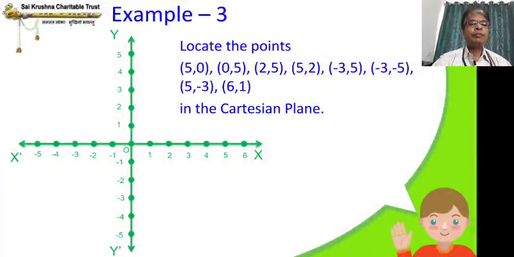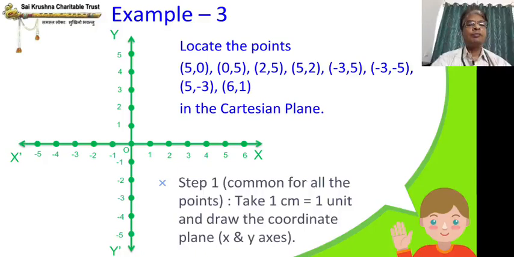So example 3, there are about 2, 4, 6, 8 points given. We have to locate each and every point, we have to plot each and every point in the Cartesian plane. So Cartesian plane, as I told in the last part also, I have already drawn to avoid wastage of time. So the first step is common for all the points: take 1 centimeter equal to 1 unit and draw